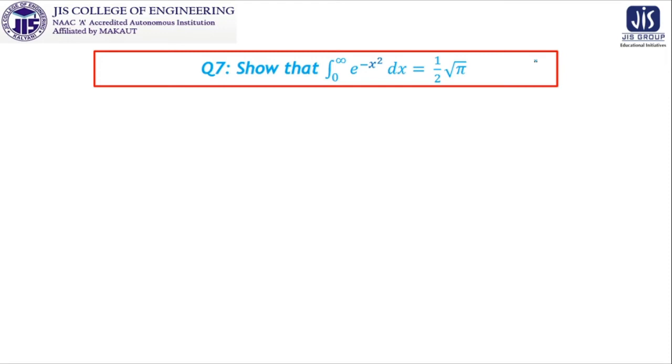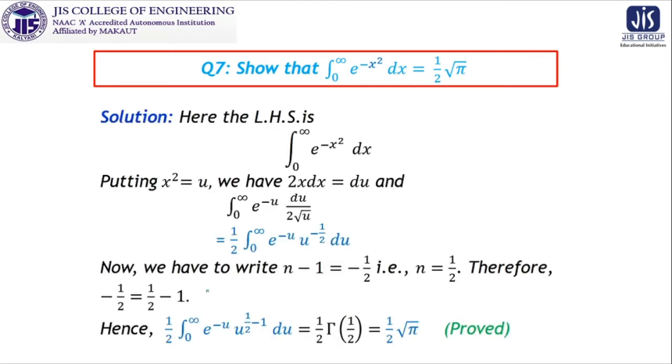So look at this, how we proceed. We are taking x square is equal to u, because it is not magic, it is a trick that we know: we have to make this part as e to the power minus u. So x square is taken as u. After that 2x dx will be du, it is a simple thing. And again obviously you have to think for the limits of x and u. So it is 0 to infinity. According to this particular assumption, it will also be 0 to infinity. So the limits are the same, 0 to infinity, e to the power minus u.